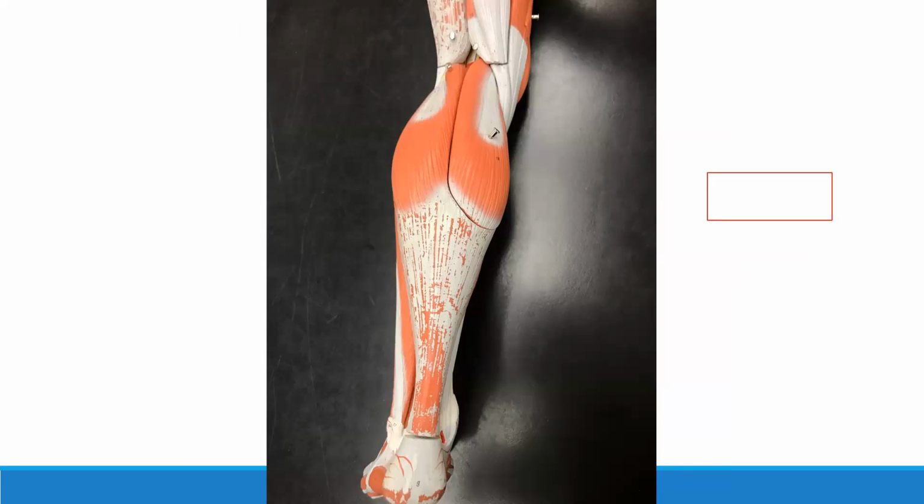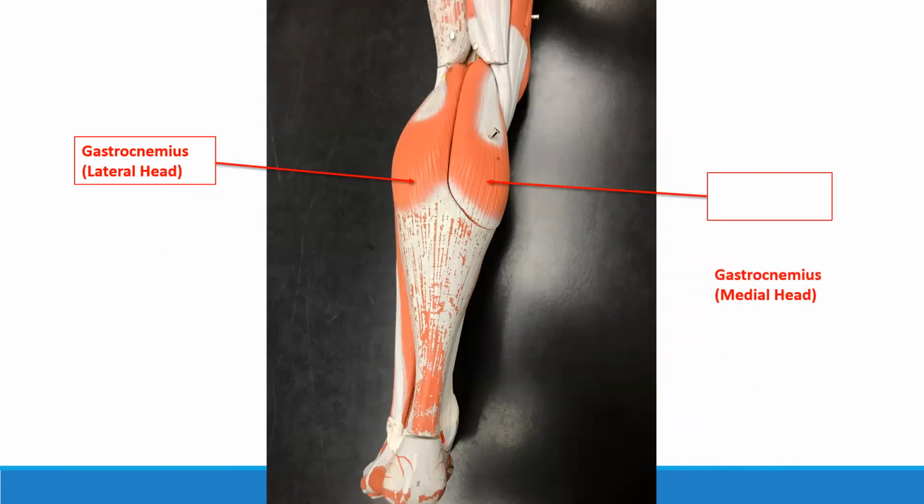Now, the lower leg, characterized on the posterior surface by the calf muscle known as the gastrocnemius. The gastrocnemius has two heads, a lateral head, little toe side, and a medial head, big toe side. The two heads have their origin on the condyles of the femur, and the insertion of the gastrocnemius is on the calcaneus, the bone that sticks out, our heel bone,